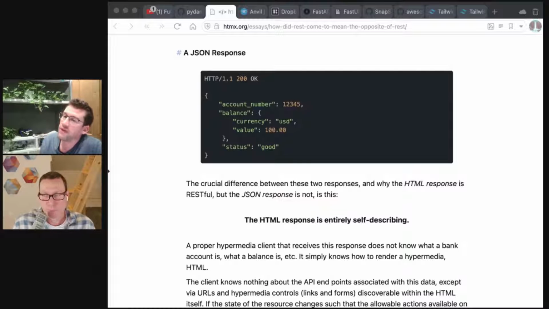But for your computer, there's not enough there to render the nice user interface someone would want displayed on a page. So if you were the engineering team in the bank trying to turn this into a web interface, you then need to have lots of very application-specific or page-specific logic to show where the account number goes and where the balance goes and where the status goes and stuff like that.